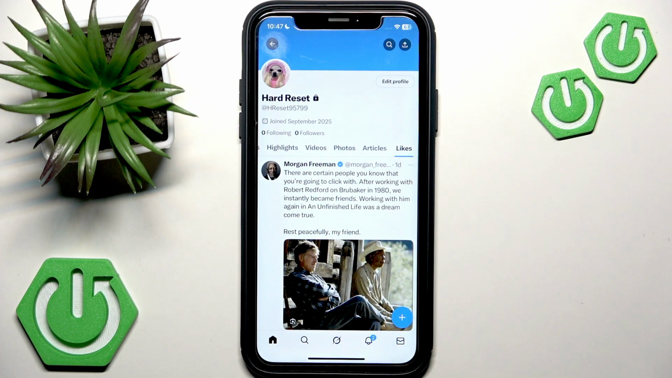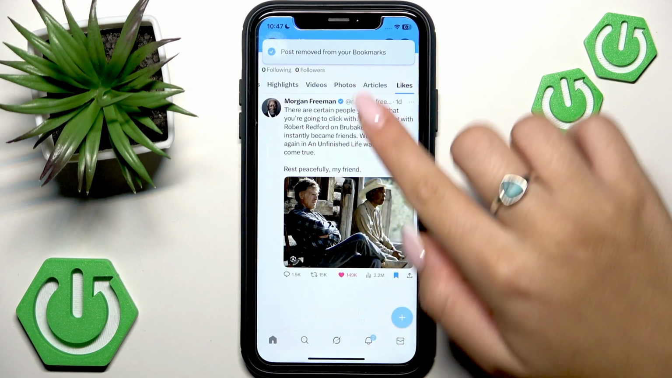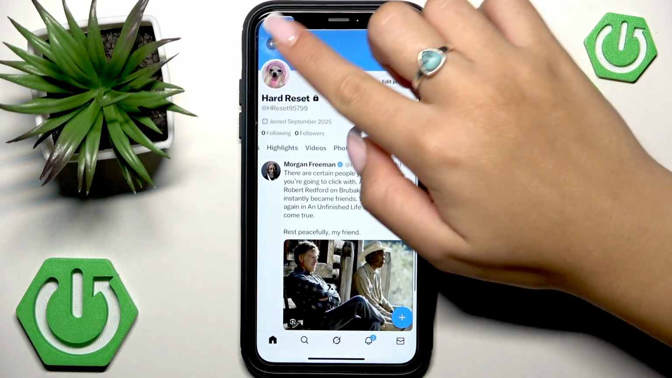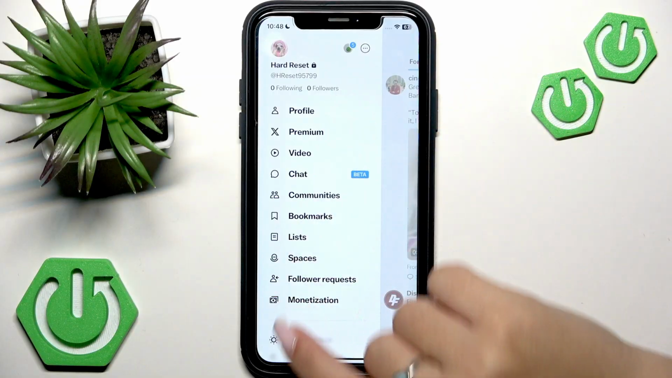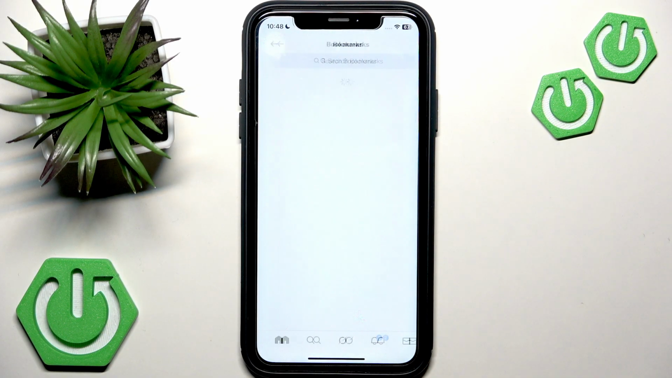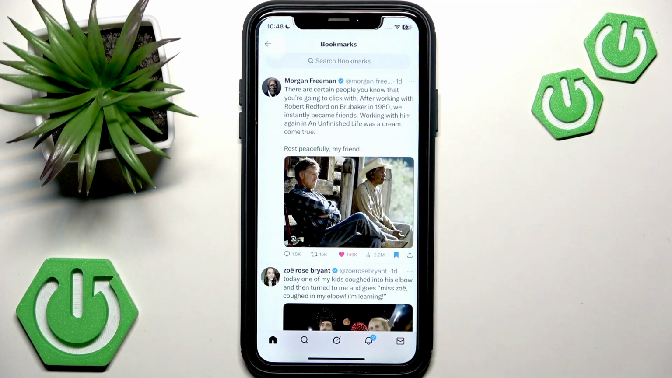And if you want to save posts without liking them at all, you should use your bookmarks. So go to a certain post that you want to save and tap this bookmark icon below it, and this will save the post to your bookmarks. If you go to your profile picture, here you can see several sections. You have to find Bookmarks, and here you will see every single post that you have ever saved